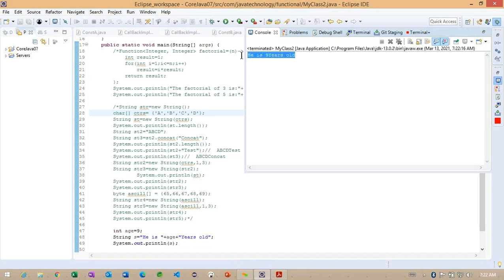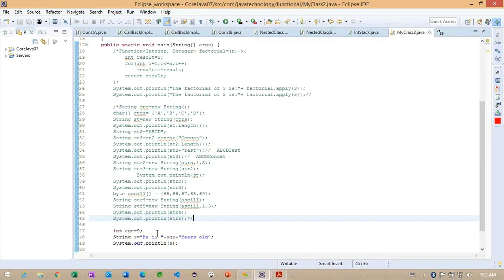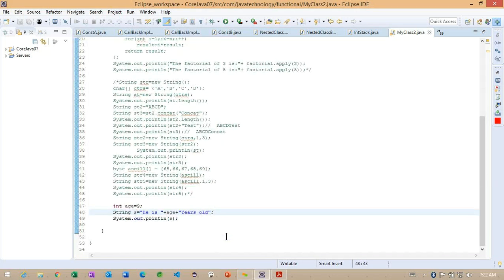So now what do you understand here? Along with the string, we can add any other data types also. We can concatenate with any other data types also. So this is the way we can concat if we want to provide the output in some readable format. Getting the point? So this is all important here.